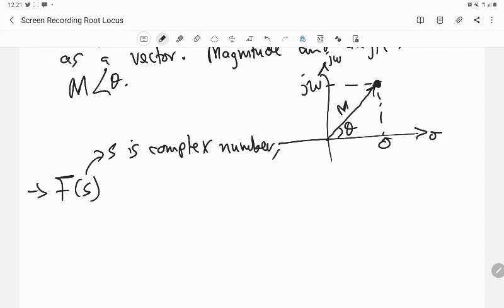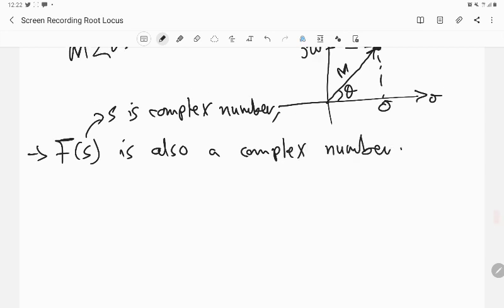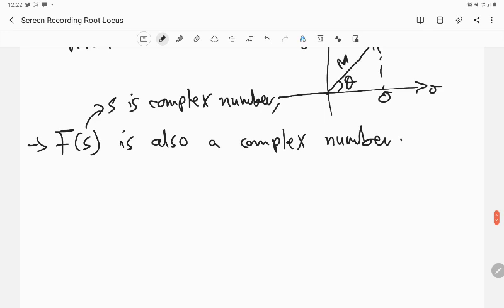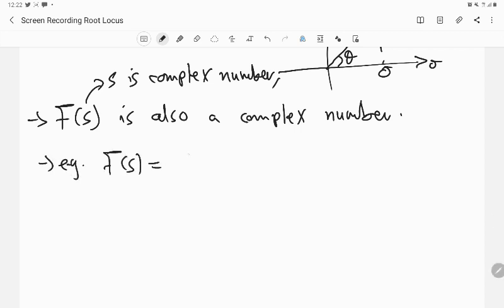Okay, given a function f of s where s is a complex number, then it can be shown that f of s is also a complex number. If s is a complex number, then f of s is also a complex number. For example, if I have f of s equals s plus a,